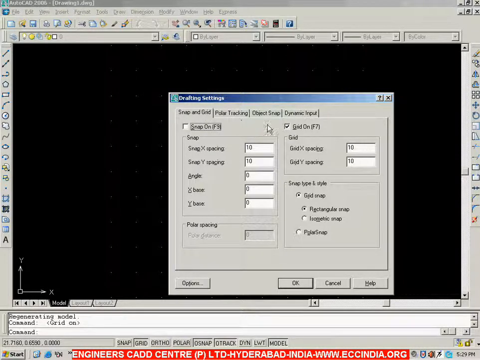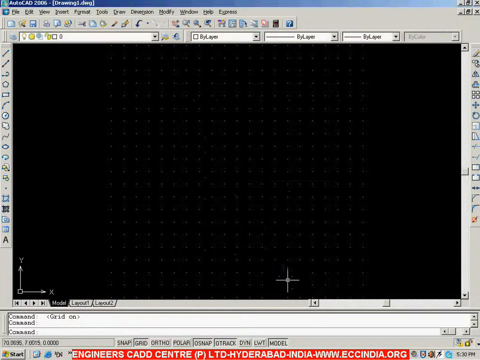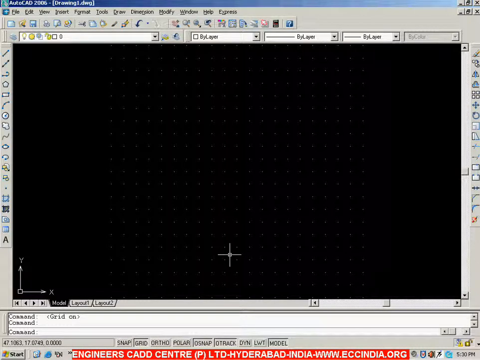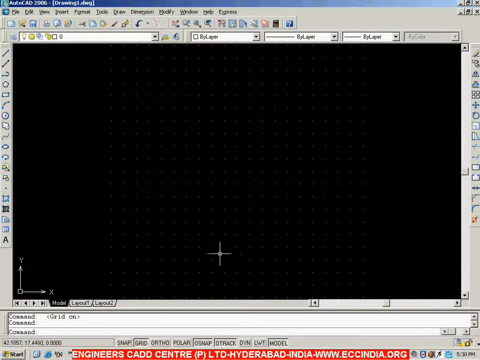In this snap and grid tab, here we have the grid, and you can see by default the system is taking X spacing as 10 units and Y spacing also as 10 units. X spacing means the horizontal distance between any two points, and Y spacing is the vertical distance. So both are 10 and 10. Now if I want only 5 and 5, I can click here and change the values. I am making X to 5 and Y also 5, then go with OK. Now look at the points. We got the points now for every 5 units. For every 5 units it is going to give you a grid point.